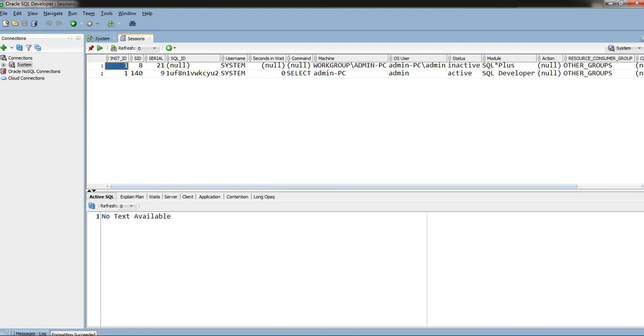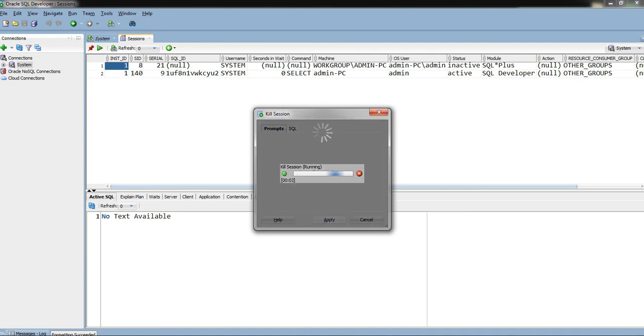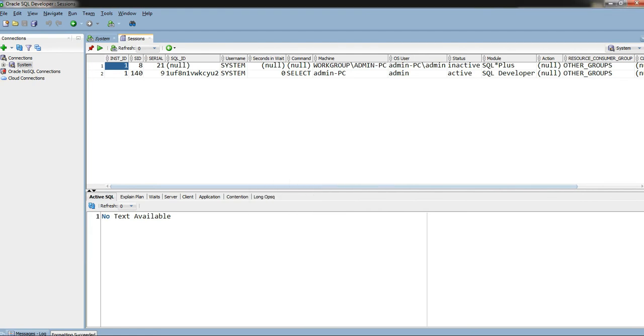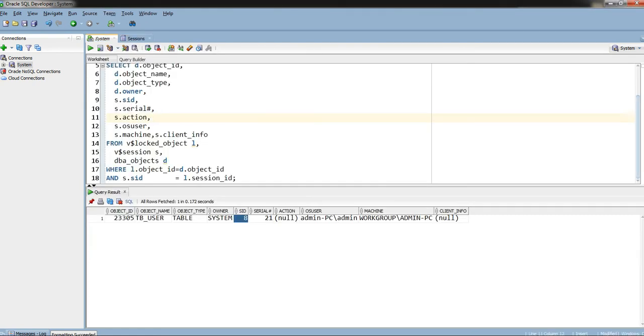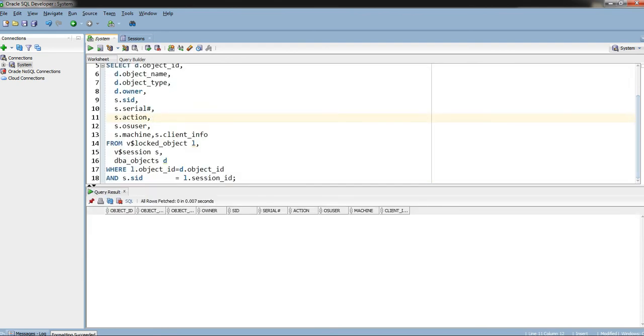And if you right click on this, we have the option to kill the session. By doing like this, we can release a lock. So if you run this query, the table is released from the lock.